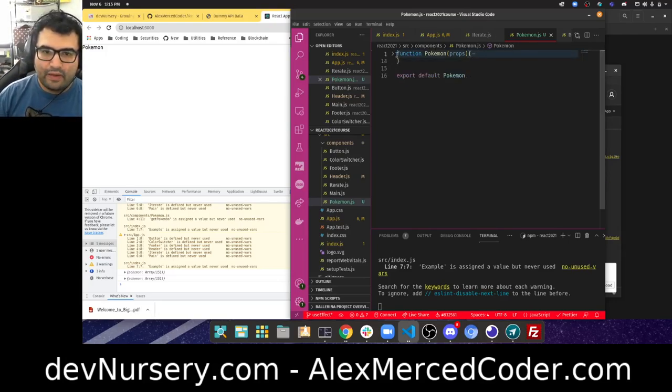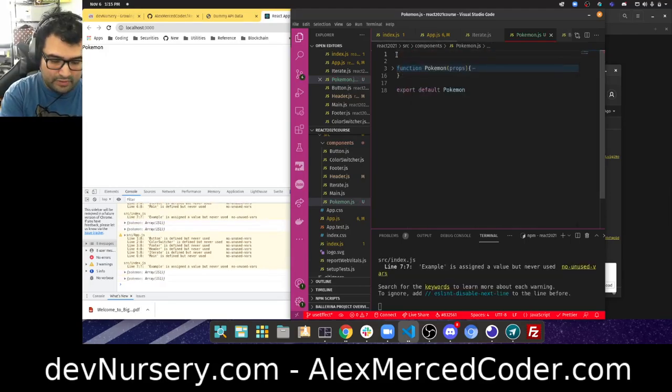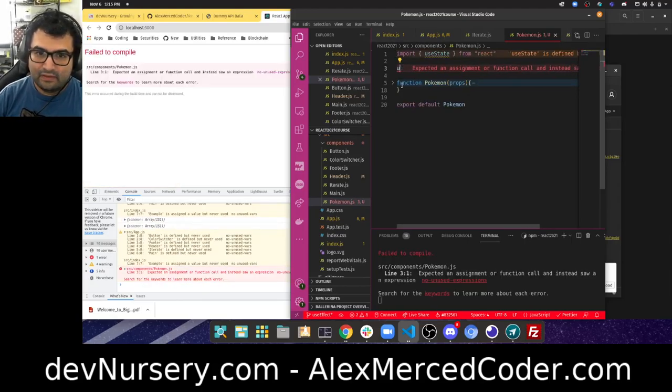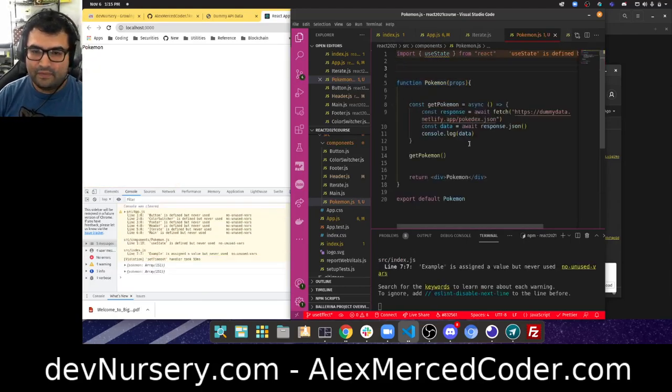Okay, so I'm going to import the useState hook. Import, let's see if I can just do it this way. useState, yep, nice. Okay, useState. And now I run into a second problem,